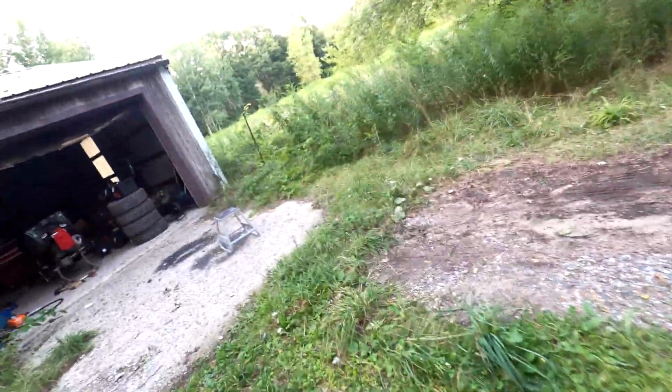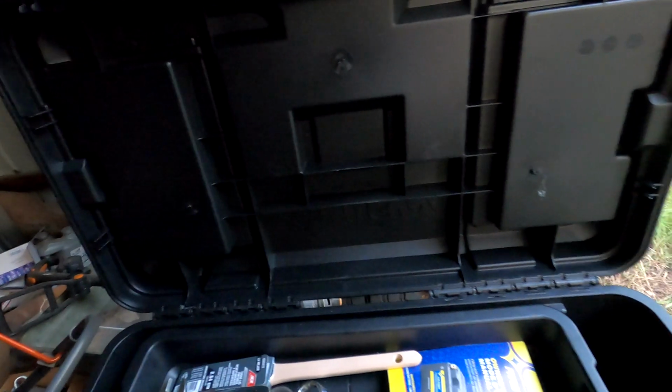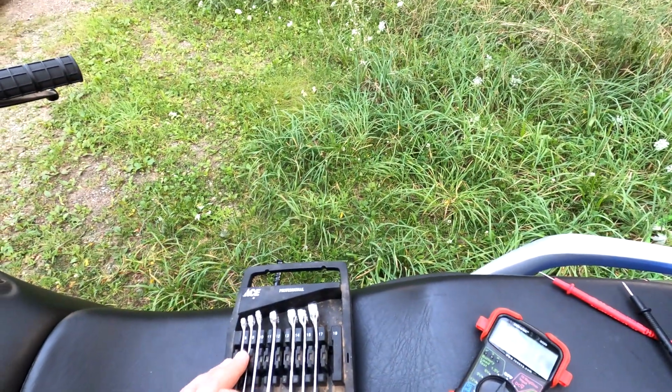Alright, so I know these are 10, these screws. So that must be 10 or an 11. Wrenchies. The Z's still taken apart. I just got everything set up to balance them in the morning before work tomorrow. Well, I didn't check to see if the 10 was actually in here,